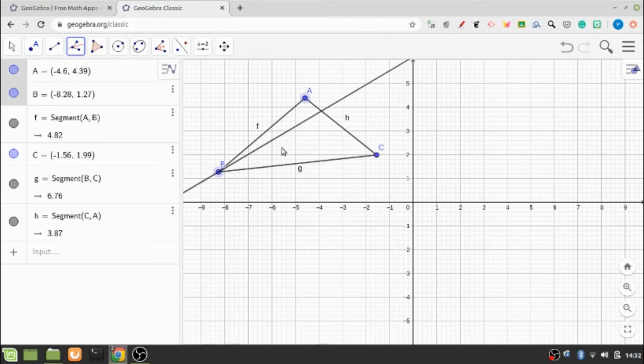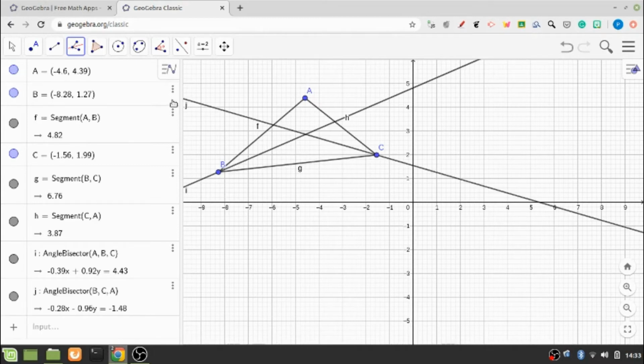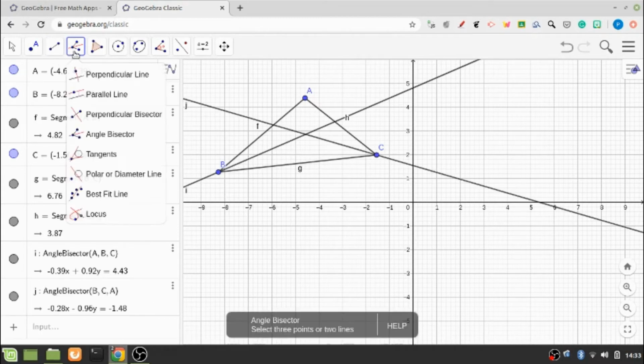That means this line will bisect the angle B. So this line will bisect the angle B on the opposite line. So if I click on one point on this opposite line, so let us click on C. So you see that the line has been made fixed, and this line has bisected the angle B into two equal portions. So in this way the angle bisector tool works.